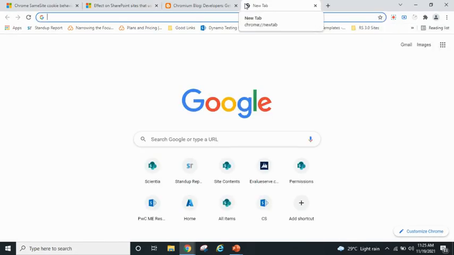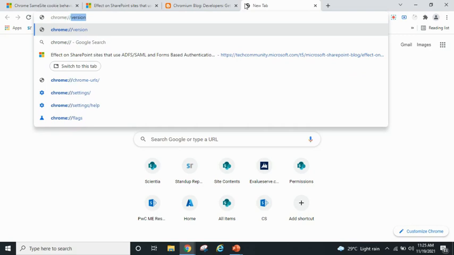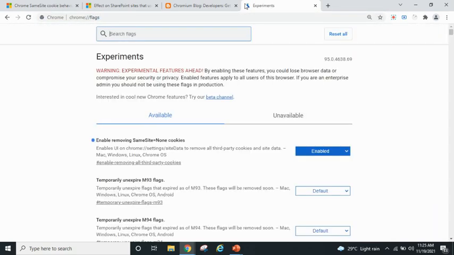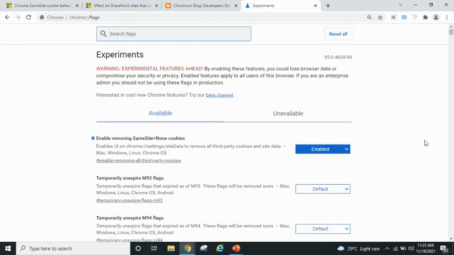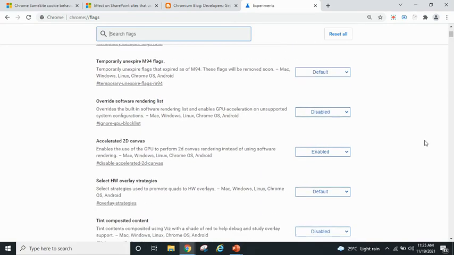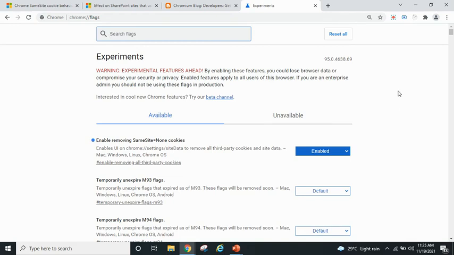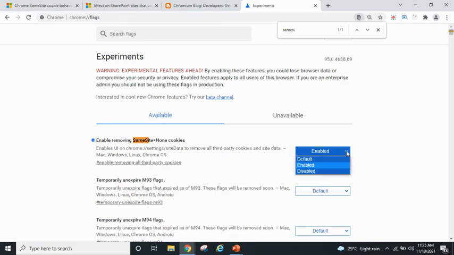I will tell you the final word here on how you can resolve this issue. You have to navigate to Chrome and go to flags, and you will be taken to a screen where all the settings for this browser are mentioned along with their default status. Search for SameSite cookie. By default its value is Default, as you will see on your systems. You have to make it Enabled. This is the solution through which your SharePoint site will start working again on Chrome browser version 80 plus.